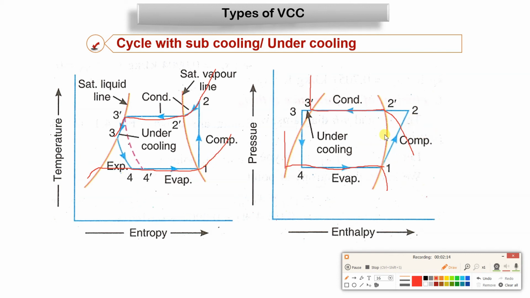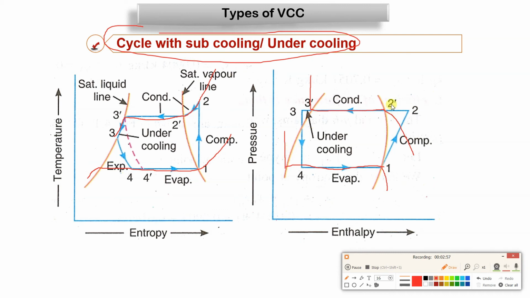So 1 to 2, what is given here? Cycle with subcooling. Subcooling or undercooling, it is after condenser, at the condenser exit. So we'll see point number 1 here we are considering saturated vapor. So 1 to 2 is isentropic compression on both pH and TH diagram. Then 2 to 3, it is constant pressure heat rejection in condenser where you can see there will be phase change. Okay, vapor is converted into saturated liquid or subcooled liquid. In this case it will be subcooled liquid.